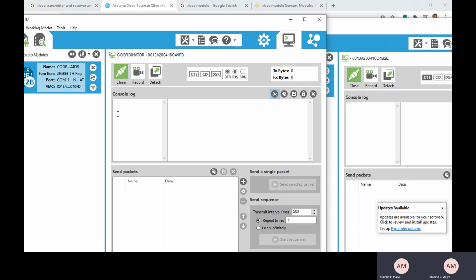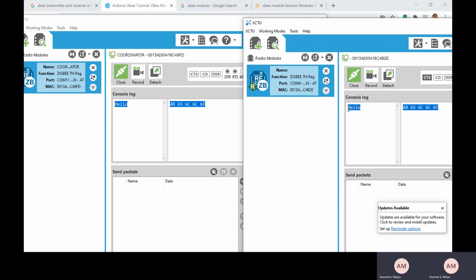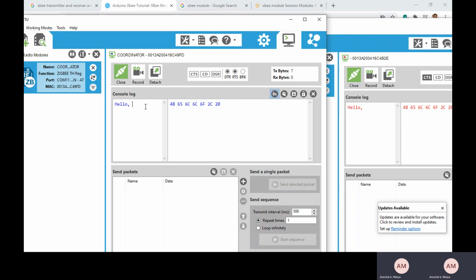I'll write some information. HELLO. If you see, the same HELLO can be seen. I have written HELLO here, and the same HELLO is appearing in the receiver serial monitor. Let me continue. Hello, you can see this is coming in the receiver serial window also.